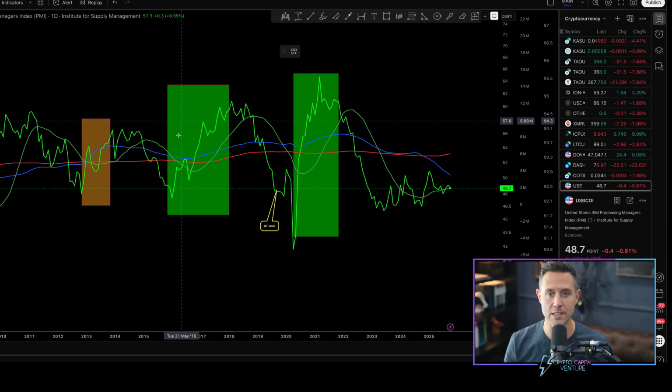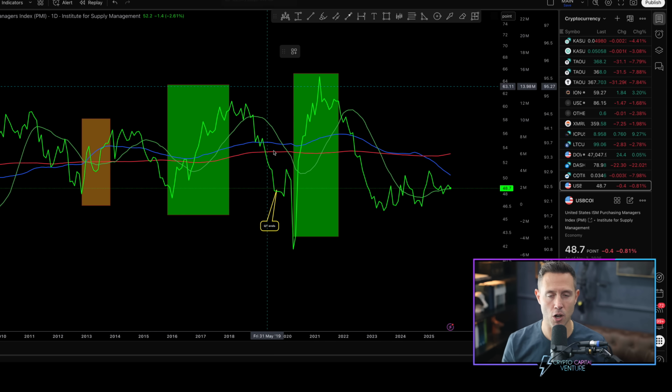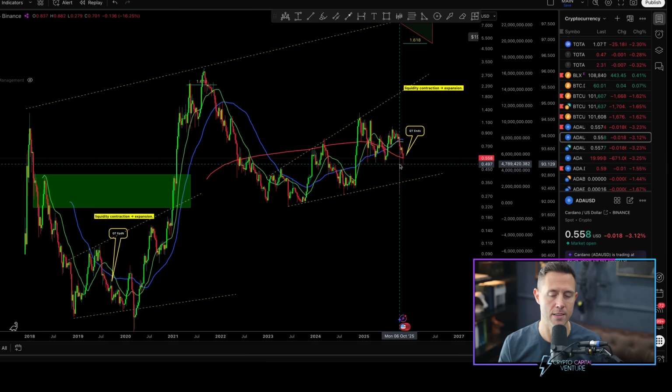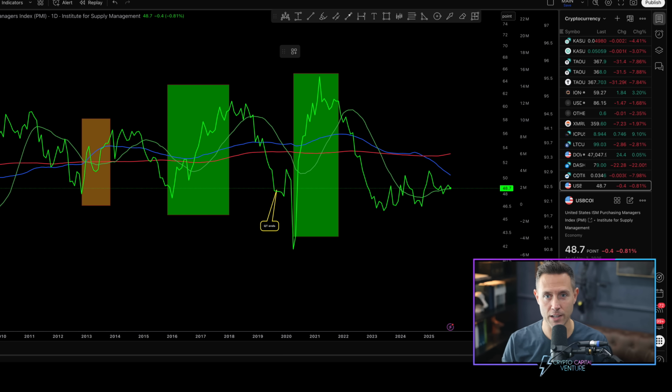Now, we're going to talk about why I have these areas highlighted, but if you've been watching my videos lately, you've heard me nonstop talk about business cycles. This chart you're looking at is a real-time picture of the business cycle. And this sideways consolidation action that we've been in for years right here, wait until you see when I overlay this on the Cardano chart. This is a representation of altcoins. Cardano, for whatever reason, does an exceptional job in terms of the synergy between the business cycle and the ADA price action. And again, this chart is showing when the economy is expanding and contracting.